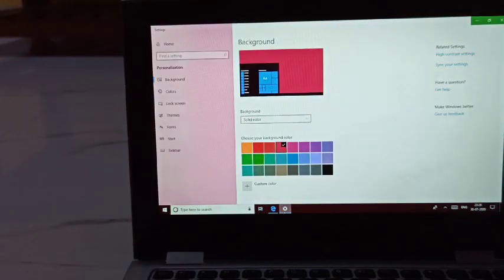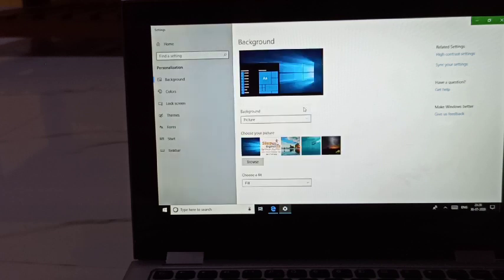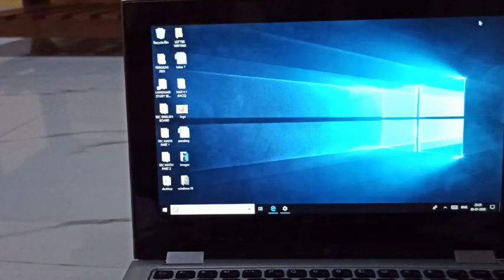Again I will come back to the screen. I will select this black option, click on this button, and select the picture option. I want this same one only, the one which was there earlier. I just minimize and check, right? Your theme will apply there, right?